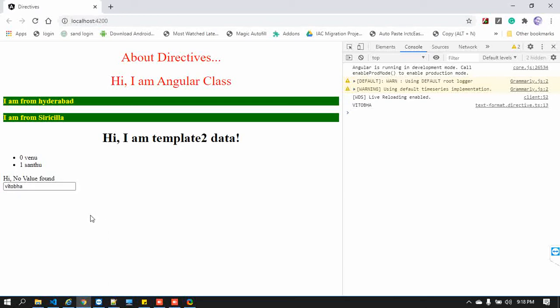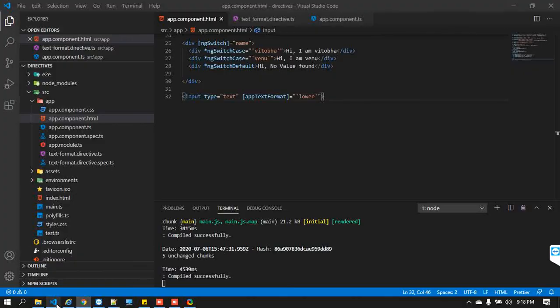When I come out, it becomes a small letter. So this is very important, guys. In this way, we will write our own directive.